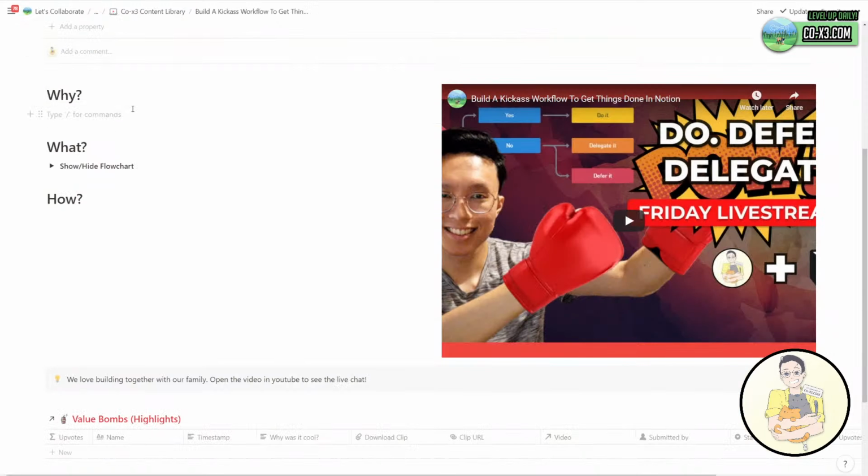So if you ask me, whenever I build a system, I try to go through a 3-stage process. I try to answer the why, what, and how. And this is very important, especially in systems thinking, because you don't actually know what the right solution is. And maybe the right solution that you're trying to build may be completely different from what you imagined in the first place. So it's very important to define why. What is the goal we want? Well, the goal we want is